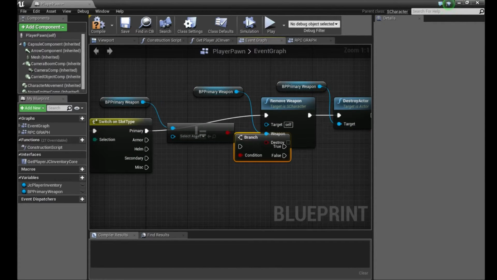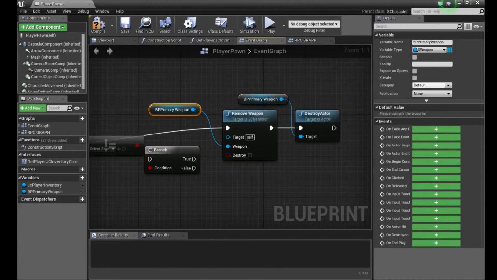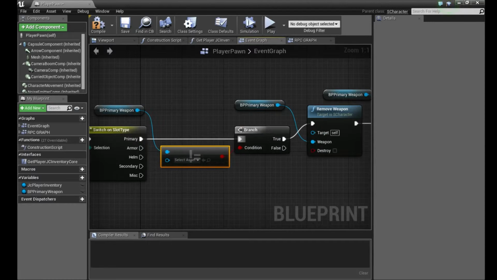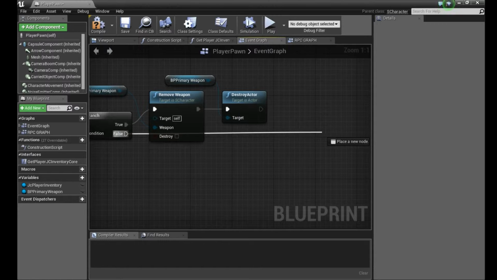Oops, I forgot my branch node. So that's only if we have a weapon already there. If we don't,